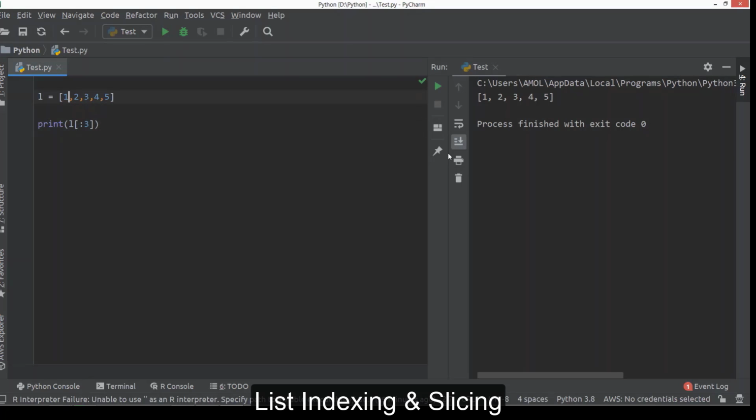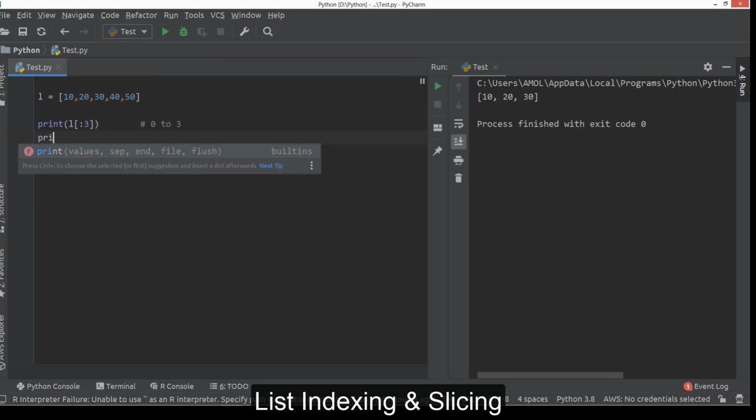In fact, we'll do one thing. Just go with some different values so that we will not confuse the index value and the element value. So here we have values from 10 to 50. Now when we say it like this, it means our range is from 0 to 3, since we are accessing elements starting from 0 up to 3. Now see, this 3 is not inclusive, which we have seen in case of string also. It means that when you say 0 to 3, it is the collection of 0, 1 and 2. So it will print 3 elements, that is the first 3 elements: 10, 20, 30.